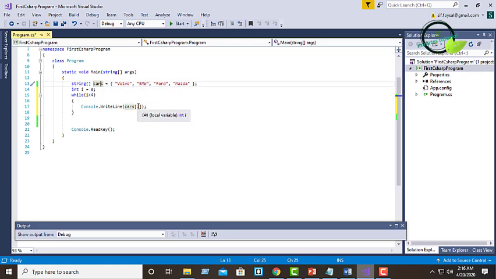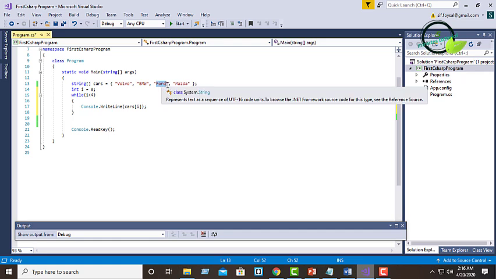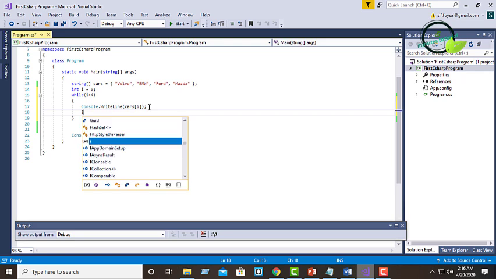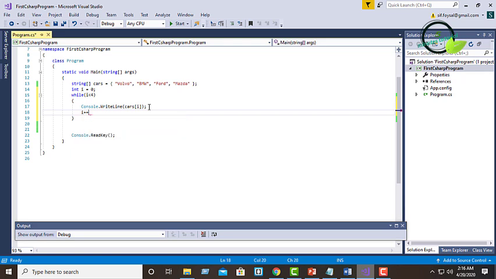The first position is cars[0], second position is cars[1], third position cars[2], fourth position is cars[3]. And I have to give a processing code, so I am incrementing i's value by 1 here. So let's run the project.